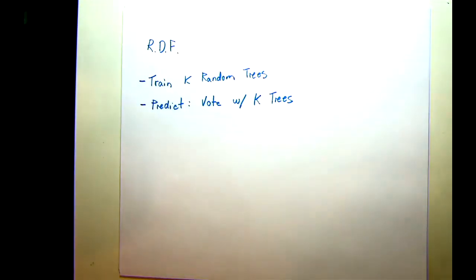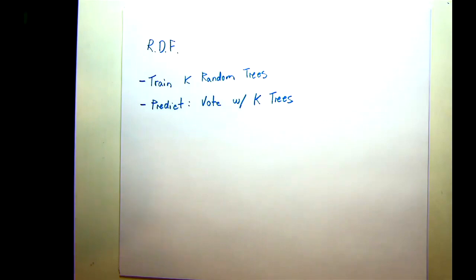And again, it has to be random. If we weren't using a random subset of the features, we'd keep getting the same tree over and over. If you were considering all features, the same tree would be returned every time because the gains would be the same every time. So it's important to randomize these somehow. Sometimes you randomize them using different data. Sometimes you randomize them using different features. Sometimes you do both.